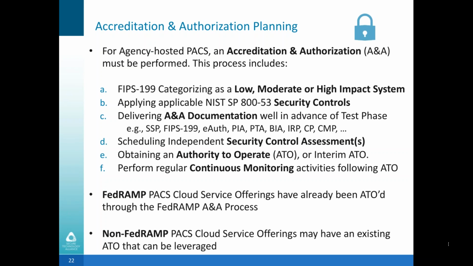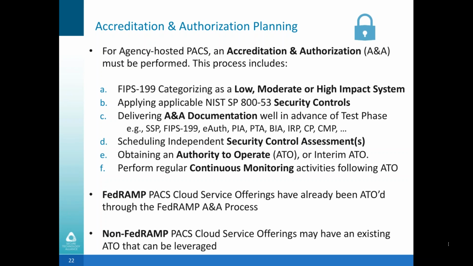With the documentation and the security control assessments, the results get turned over to a designated authorizing authority within an agency that will issue an authority to operate, or an interim ATO. Following that, there may be requirements for the system to do continuous monitoring, which entails keeping documentation updated, reviewing logs on a periodic basis, and doing vulnerability and penetration scans, so that you don't have to do an ATO other than,